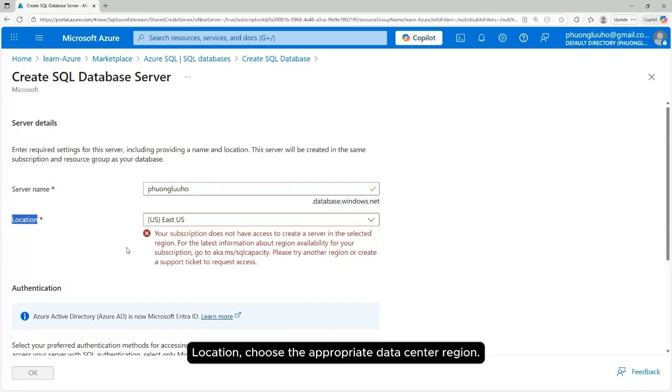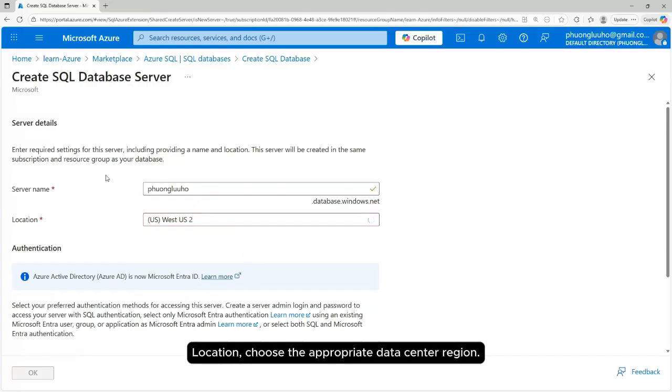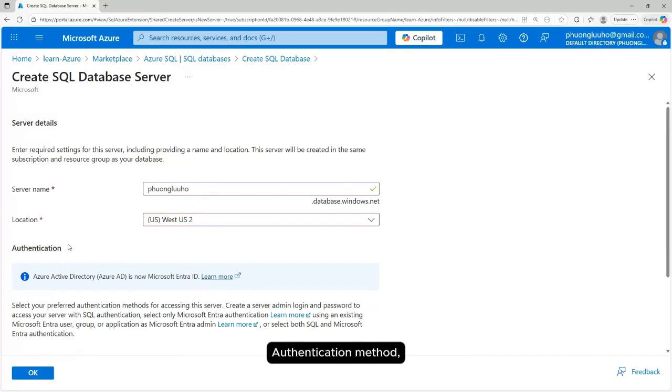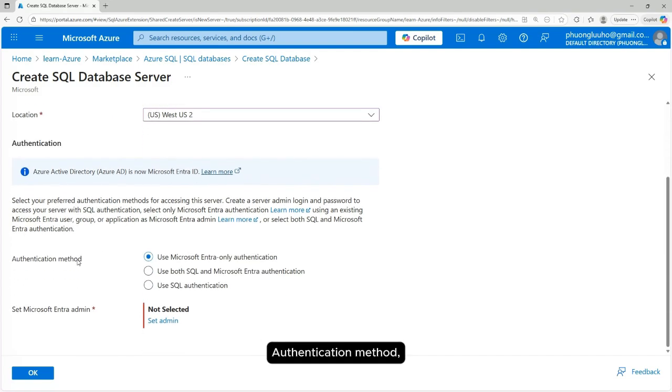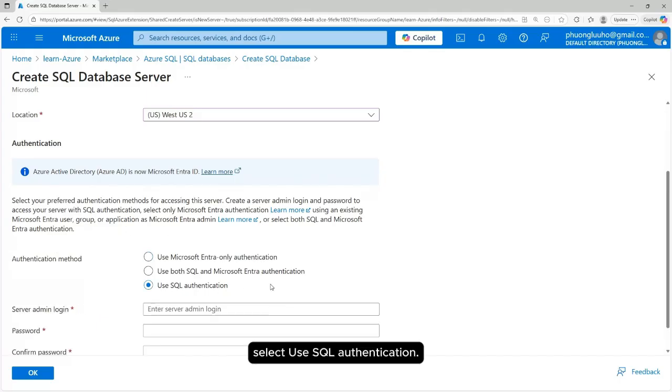Location, choose the appropriate data center region. Authentication method, select use SQL authentication.